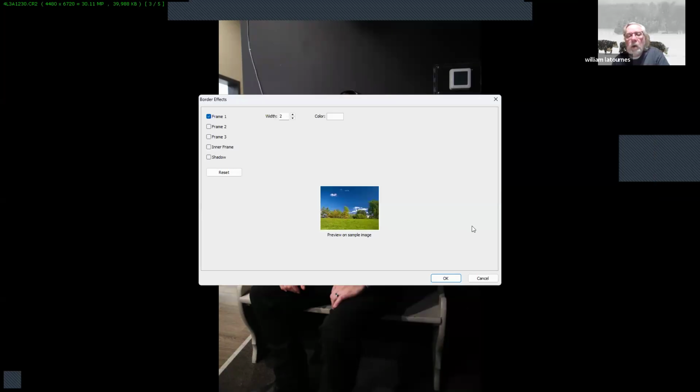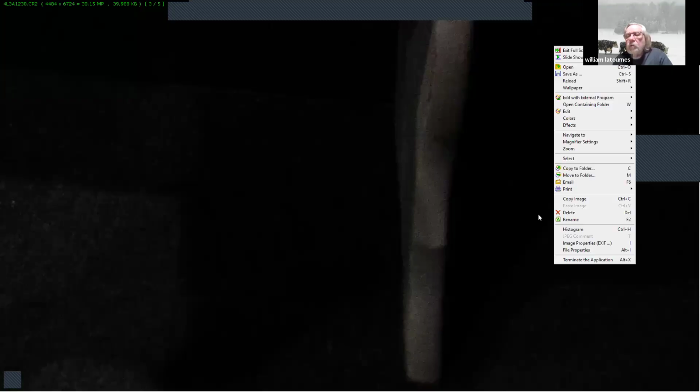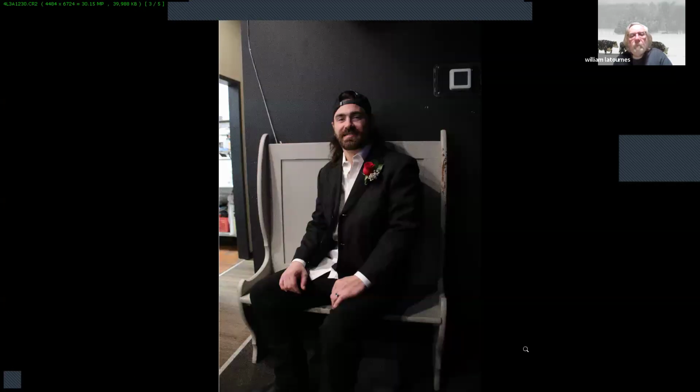But if you want to put a border around it, you can pick your width, and if you're going to do it, you want a real small one. We want 1 or 2 strokes. And it just did it. Let's make it fit. So put a little white border around it,